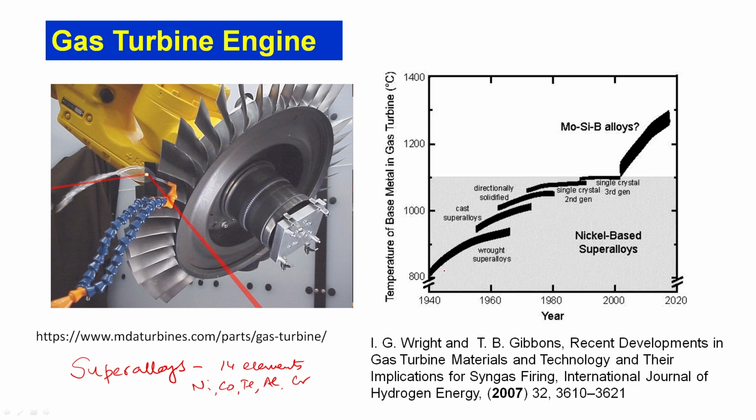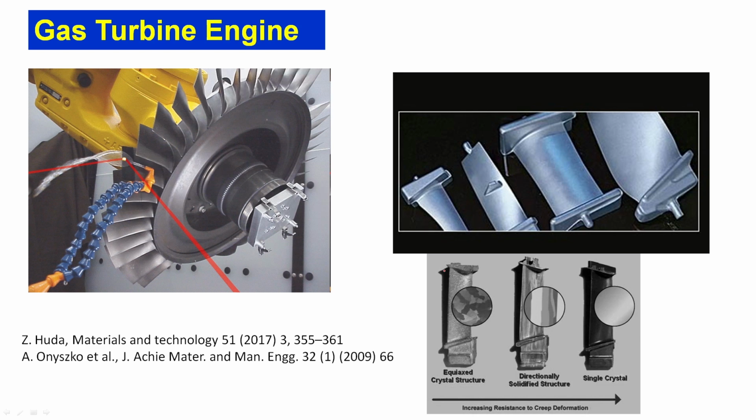The design was obviously not possible by machine learning, because in those days machine learning was not there. It was only possible by understanding the length scales, the microstructures, the phases, all these issues together. So as you see here, these blades can be either single crystalline, you can see here on the right side, this is a single crystal blade, then you have directionally solidified columnar grains, or you can have equiaxed